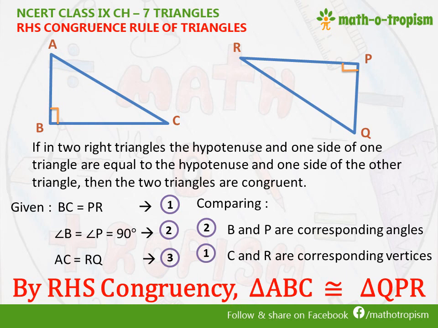So this is how we name the congruent triangles, and we have seen many different congruence rules. We have to apply each with respect to each sum we attend, because in the sum we have to see whether it is the sides or the angles that are given as equal, and what those angles or sides are, whether they are the included side or not the included side, a right angle or hypotenuse, etc. Depending on what we have assumed or been given, we will apply the corresponding congruence rule.